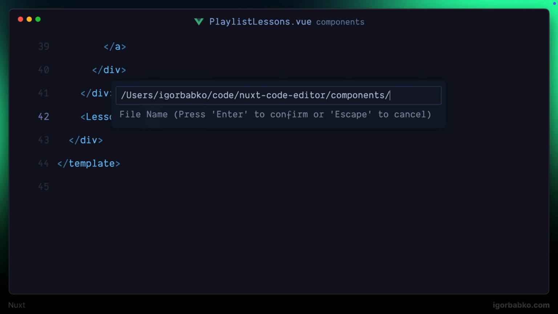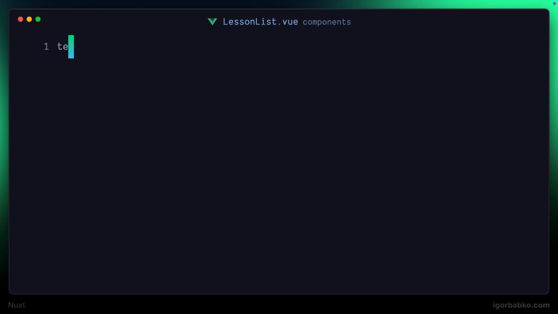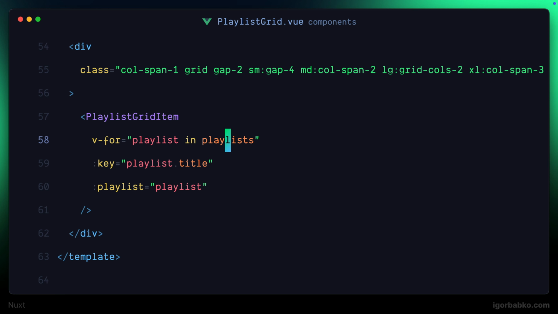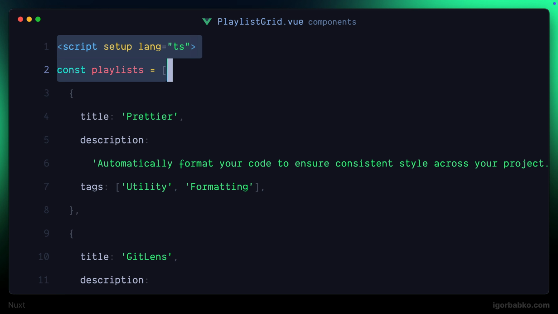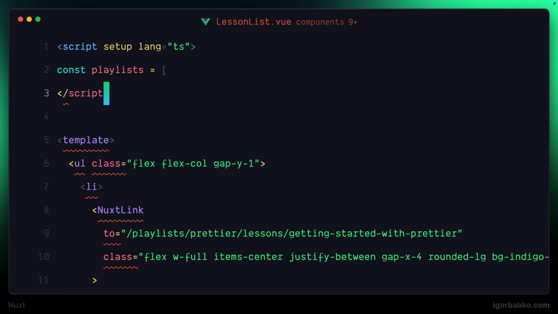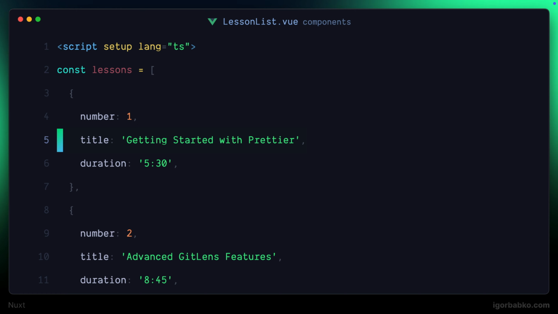lesson list. I'm gonna create new file for this component with the same name and paste markup in here. This component is going to render array of list items, so let's declare this array just like we have declared array of playlists. Within playlist create component, I'm gonna take this code from this component, paste it into lesson list component, but instead of rendering array of playlists, we're going to render array of lessons. I have already gathered all required information of lessons, so I'm gonna paste it into this array, and then let's